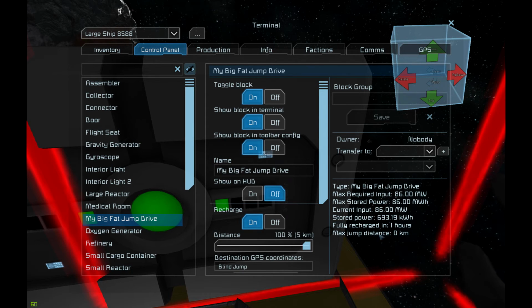Now we have absolutely no jump distance because, well, we said we had to have a full charge first. We had to have 86 megawatts charged and stored in this device before we could use it. Now, if I could go back and make some tweaks to my mod,